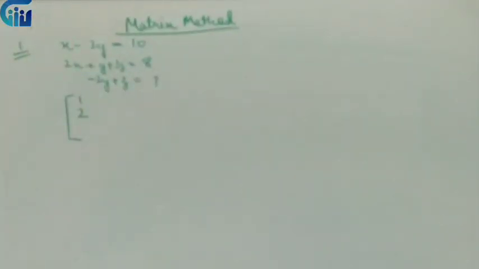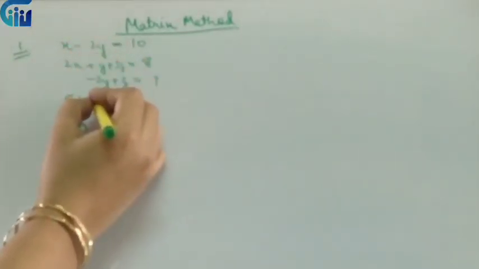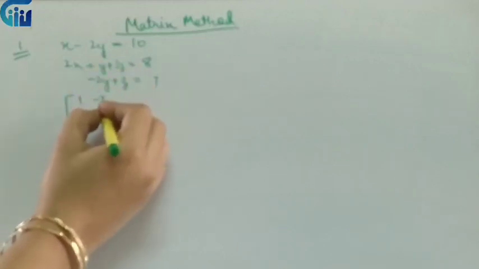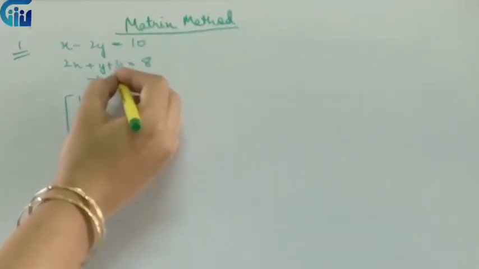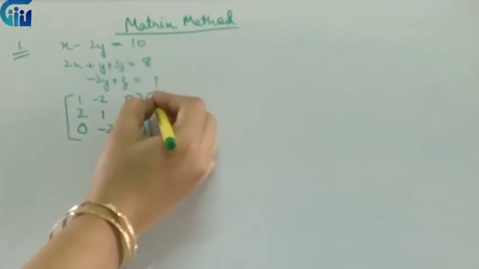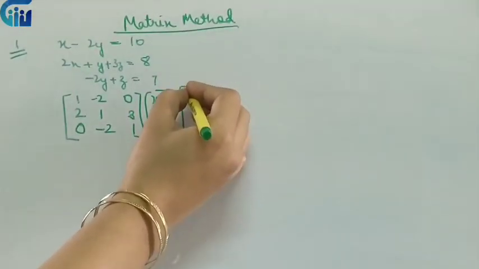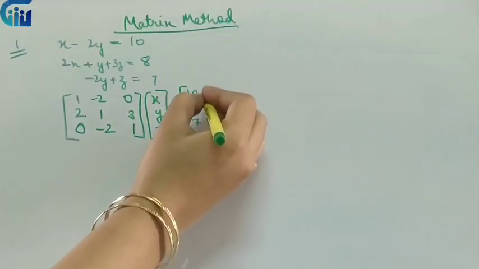So how do we change? How do we write the given equation in the form of a matrix? We write all the coefficients of x in the first column. If I don't have any coefficient, I will put 0 over there. Similarly for y, I'll put all the coefficients. Remember to take the sign as well. Then in the first we don't have z, so I'll put 0. Over here it will be 3, it will be 1. And this is x, y, z, the variable matrix. And this is the constant matrix, like this.